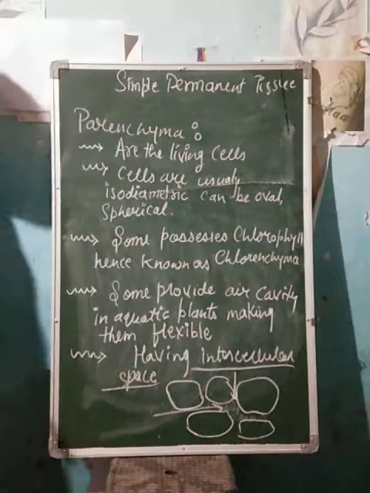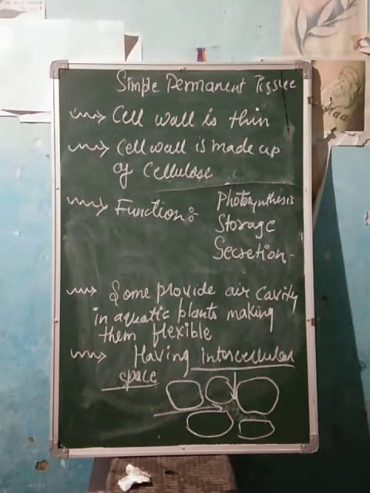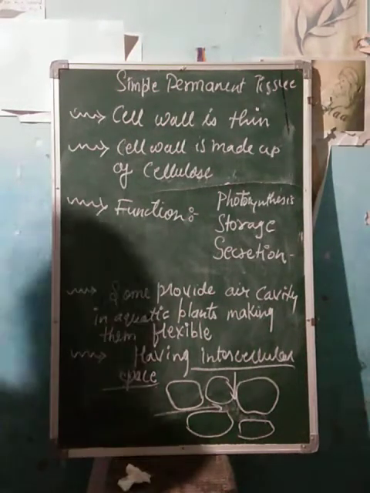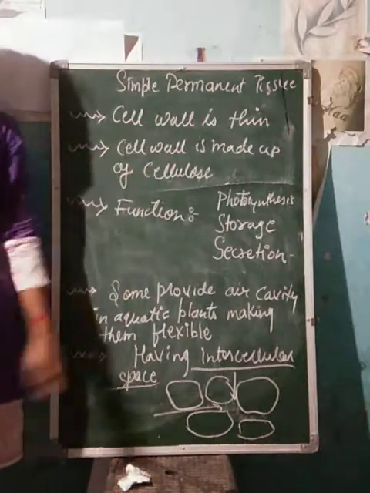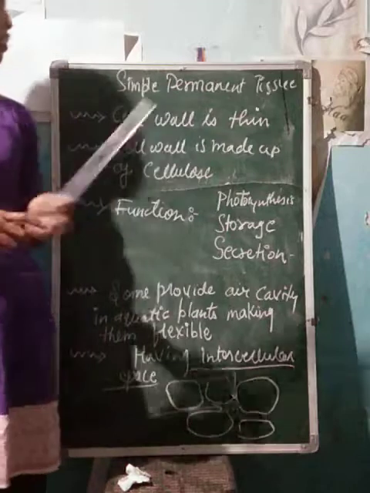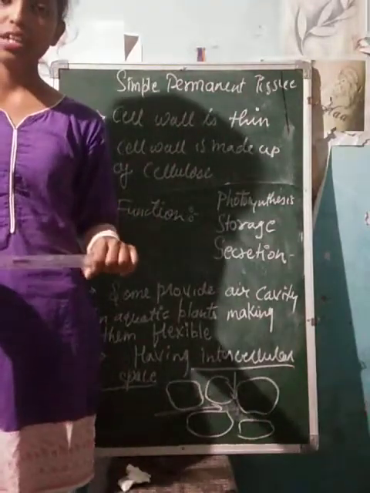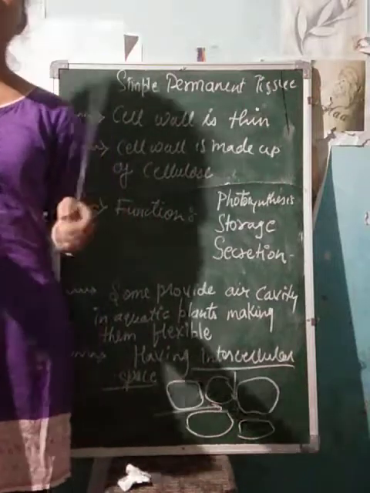If we discuss about the cell wall, thickness of the cell wall, as it is a plant cell, it will be having the cell wall also. Outermost is the cell wall, and we'll see that its cell wall is thin. So we were discussing the cell wall of the permanent tissue. Here, whatever the number of cells or the group of cells will be there, their cell wall will be thin. Okay. Next point is cell wall is made up of cellulose. As it is a plant cell, definitely the cell wall is made up of cellulose.